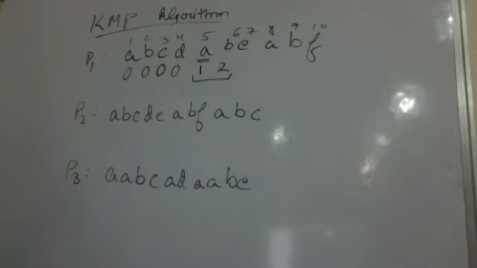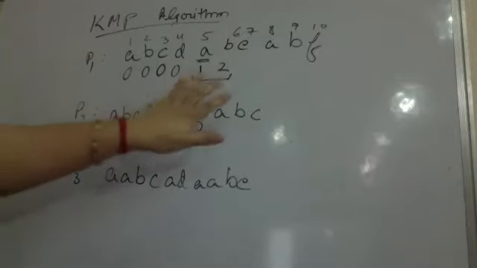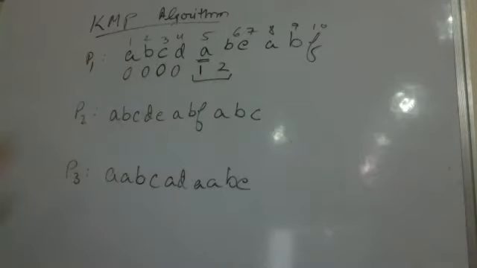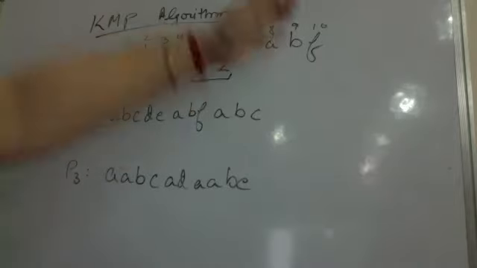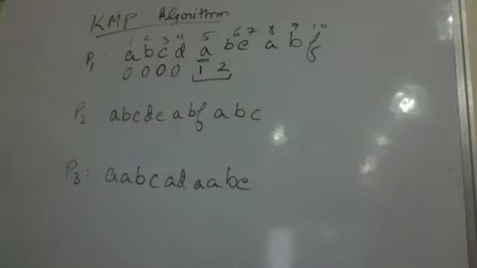Why am I doing this? So that next time when I am checking, I don't have to backtrack. We will just see. I don't have to restart I from the beginning every time. With the help of prefixes, with the help of this table that I am creating, this is 0, 0, this is some sort of table that I am creating. With the help of this table, I will be going through the text only once and I will not be coming back in the text.